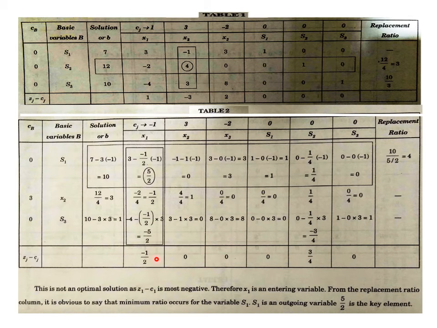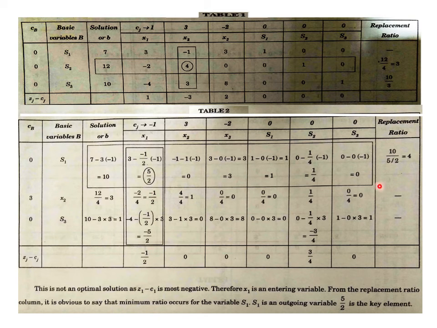You can obtain all Zj minus Cj, and then it's only one value which is negative, so it's not the final table, not the final solution, not an optimal solution. Z1 minus C1 is most negative. Then all formalities like previous table 1 to table 2 will be done. For table 2 to table 3 we have to make next tables, but it will be table 3, and for that x1 is entering because it is the most negative variable, and that is with the replacement ratio.